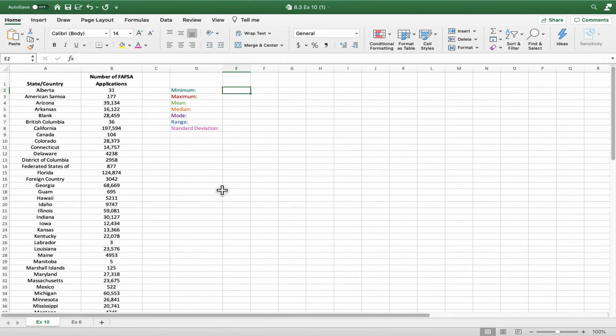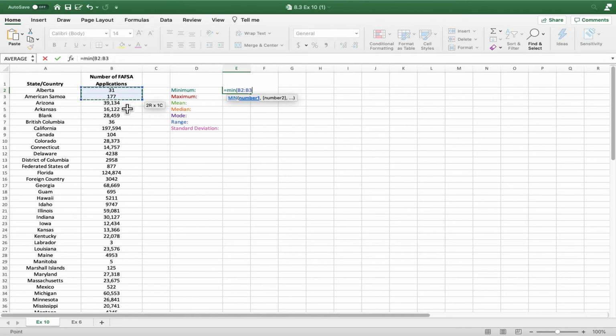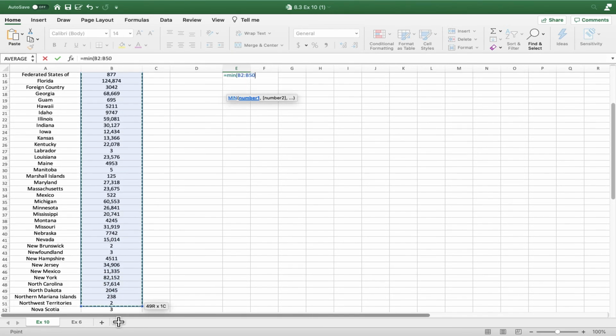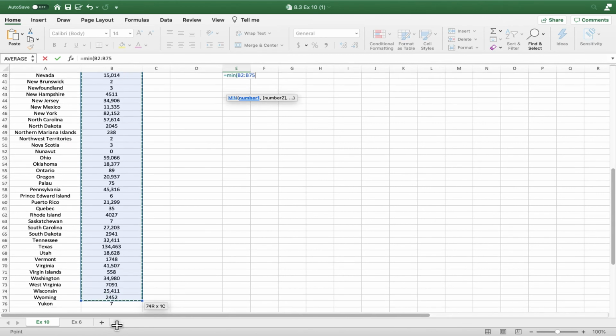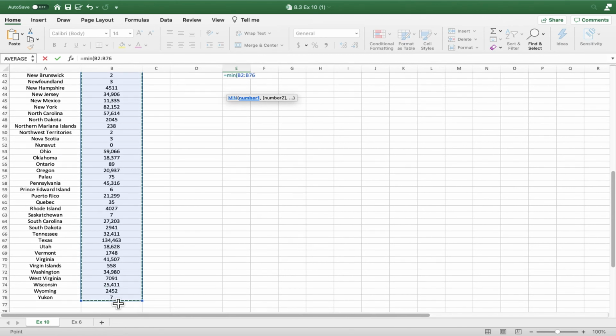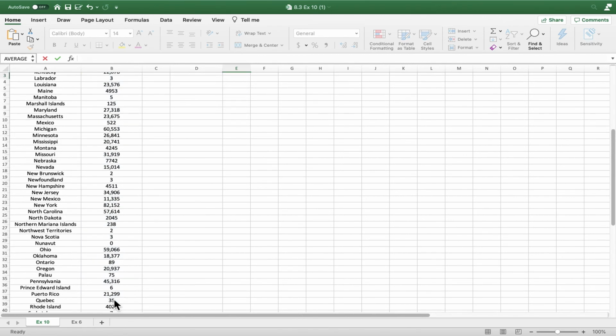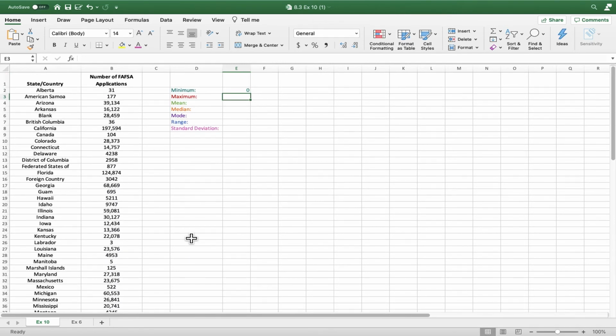So first we want to know the minimum. So to find the minimum, we type equals. You always start with an equals, M-I-N for minimum. Then a parenthesis, and we want all the number values. So I'm just going to go and at the top start selecting and pull all the way down to the bottom. Okay, close parentheses, hit enter, and the minimum out of there was 0. There was one college that didn't